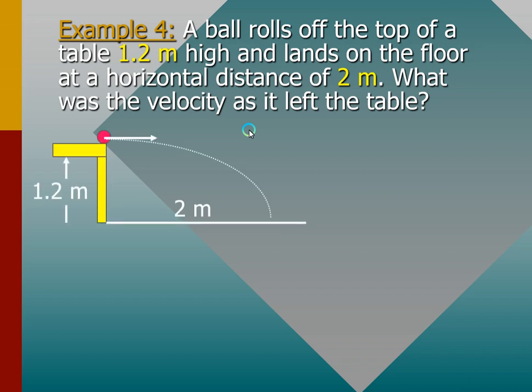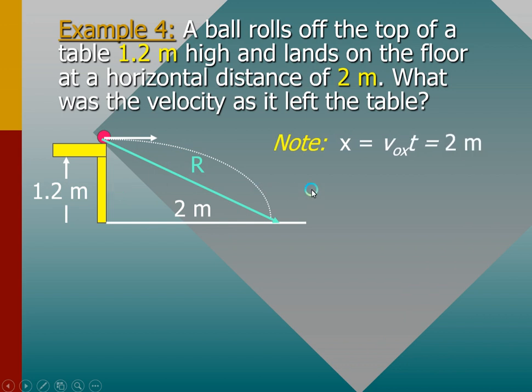Okay, this one is formula manipulation. We can perform it here. So take note, from the table, 1.2 meters, it moved a distance of 2 meters horizontally. So what we are looking for is the initial velocity. Okay? So take note, we can get R by the Pythagorean theorem to get the values of R. So, we have,